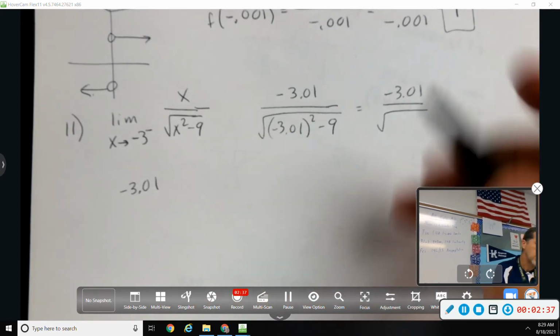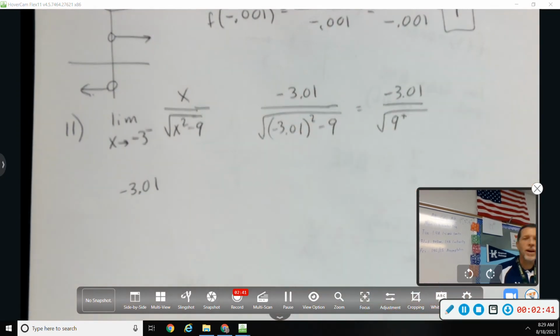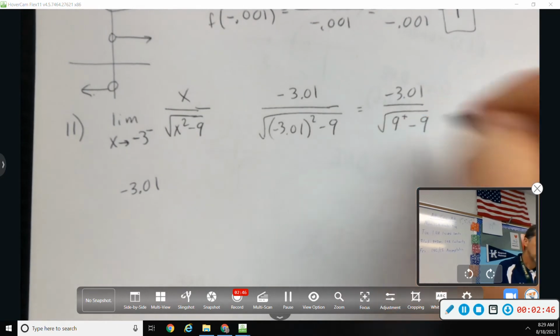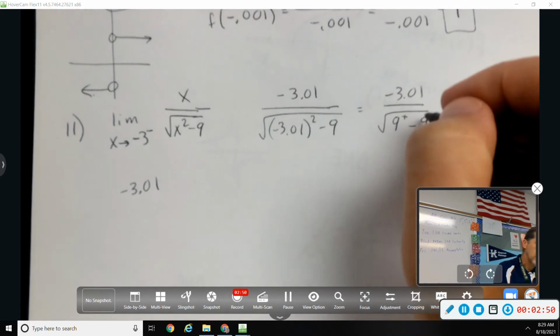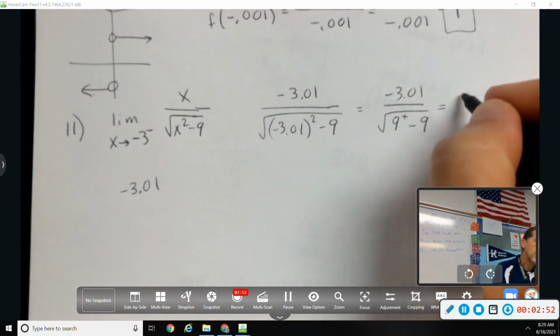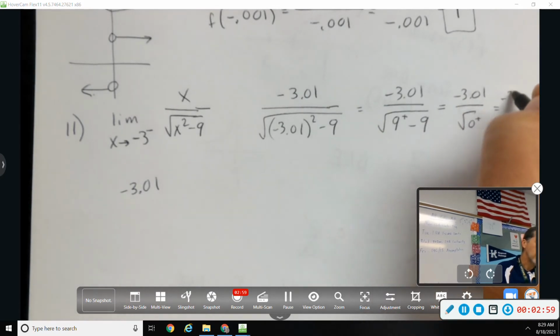Bigger than 3 means bigger than 9 when we square it. So I'm going to kind of switch to that little plus and minus stuff, so a little bigger than 9, minus 9. So that would give me a 0 in the bottom. It's a positive 0, so I can take the square root and get 0,